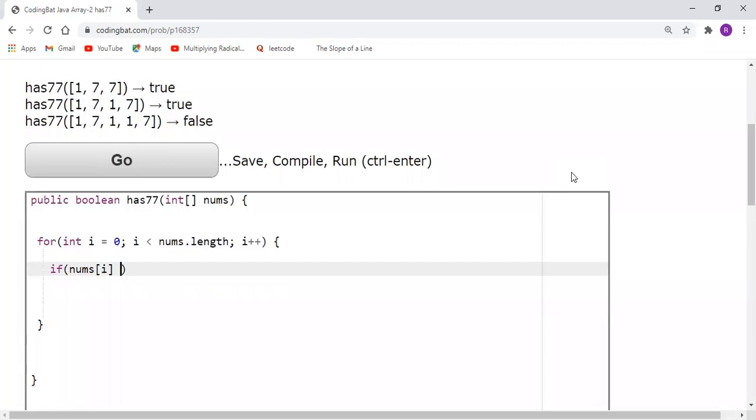So we could say, if nums of i, any given element, is equal to 7, and nums of i plus 1, that is to say we want to look at the next element by incrementing the index by 1. Thereby, we are looking at the next element in the array because we've incremented our index. And so if nums of i is equal to 7 and nums of i plus 1 is equal to 7,